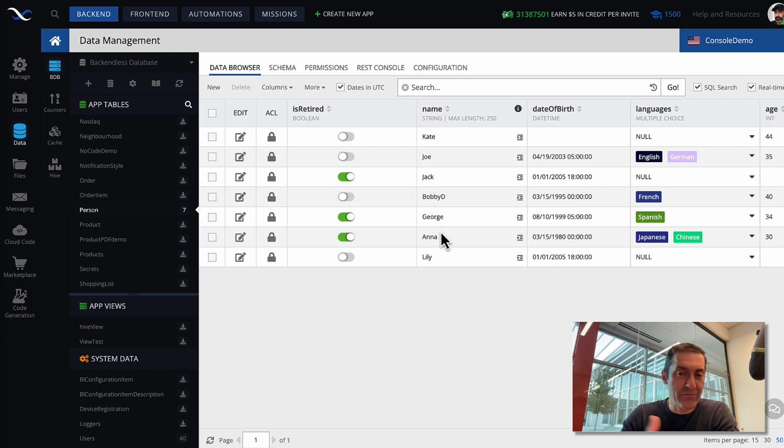Applicability of this would be the same as with pretty much any data type. It's really just a special data type to indicate whether something is true or false or null. And then you start using it in your application.